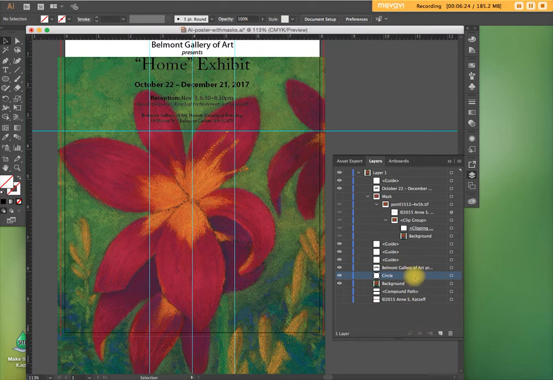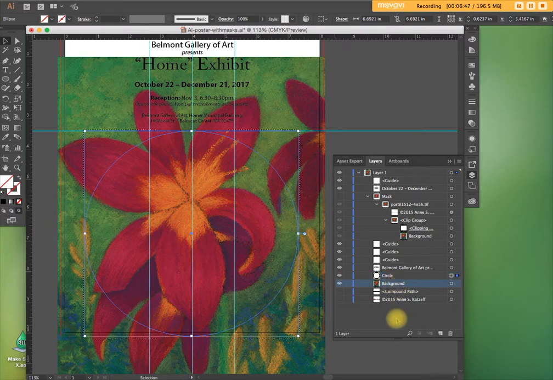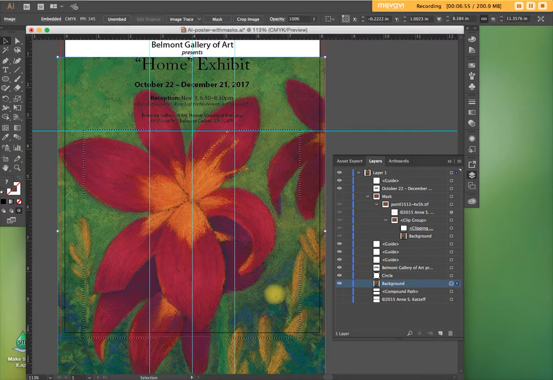So let's do that. I'm going to find the circle layer again, just select it and target it. Now watch what happens to this grayed out option. As soon as I target the circle, it becomes an option that we can select. And now we're going to select the background layer. And you know what? I'm actually going to target that. I'm still in the draw inside mode, okay? I'm going to target that and actually